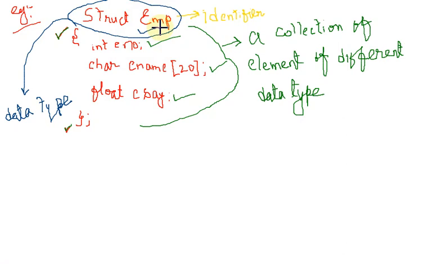Now moving towards trying to differentiate between the structure and the array. Just go with an example. Suppose I am taking a variable that is integer type, that is AR. Here I am placing 5 in this index value. Now what does it store? This stores 5 different values, and all values are of the same type. It means it accepts the similar type of data here.